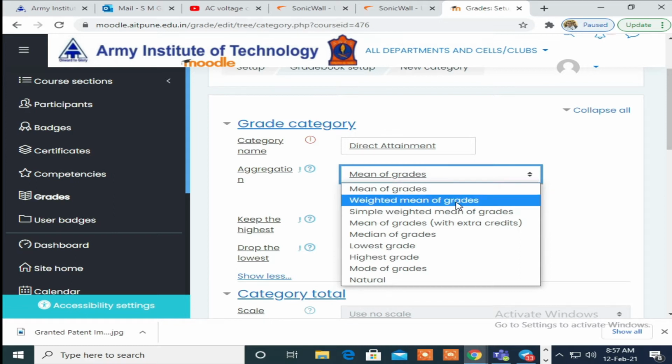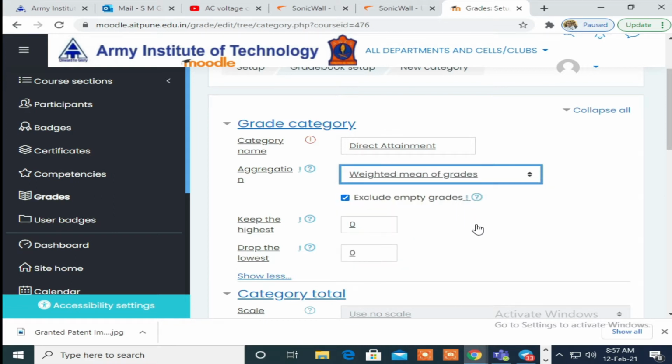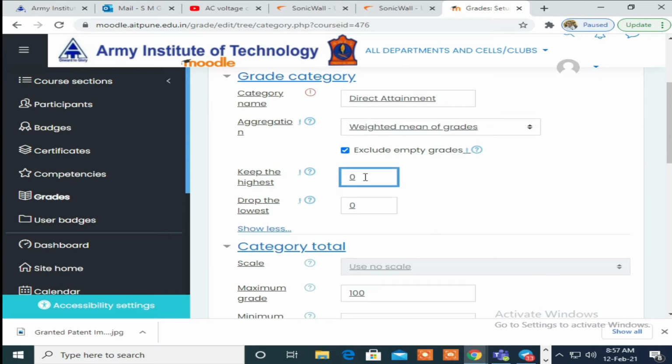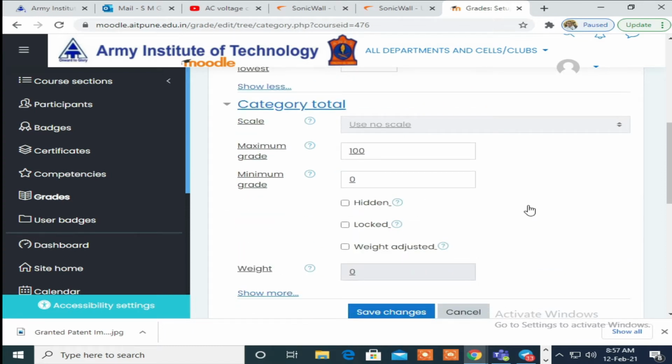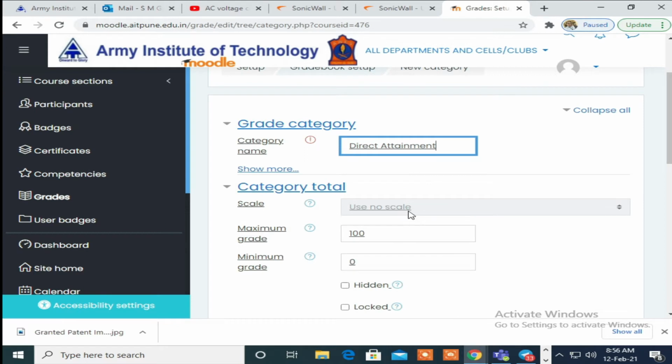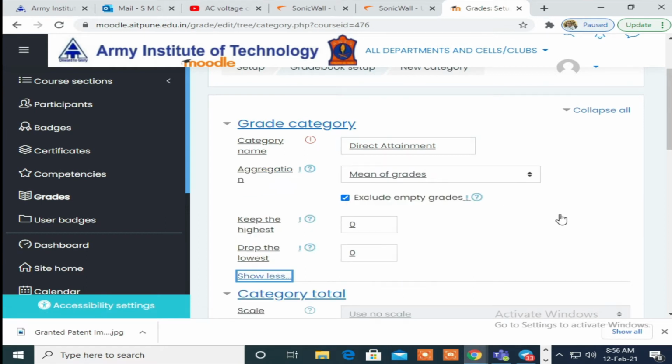Once you add direct attainment, then go for the show more button, that is weighted mean of grades, that we need to select. Give the maximum weightage, that is 70%, but we will do that setting afterward. Give maximum and minimum, you can write here also.